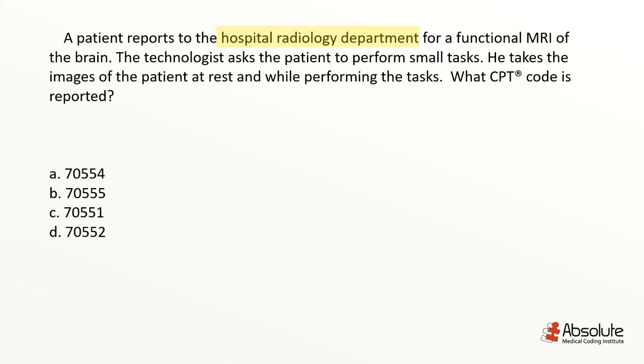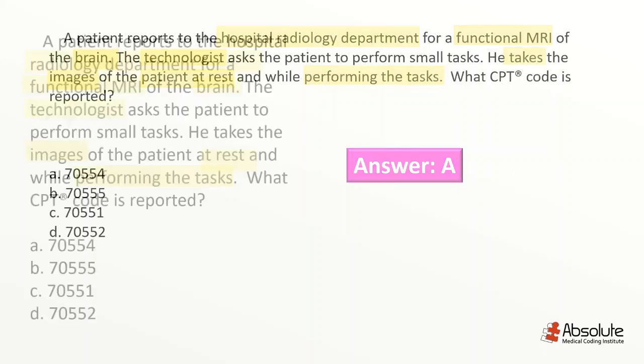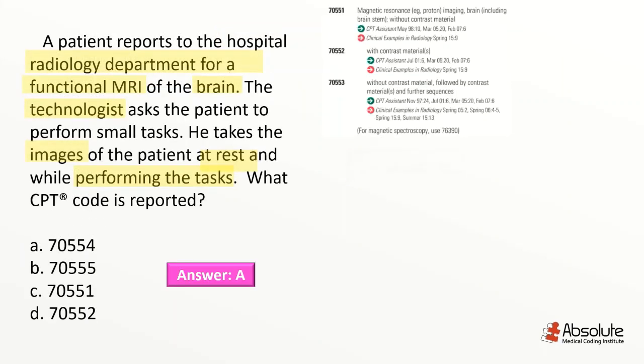Okay, so we've got this hospital radiology department that the patient has reported to for a functional MRI of the brain. They're going to take some images while this patient is at rest and performing some tasks. And your answer is indeed A. And how did we get there? We're going to take a look for